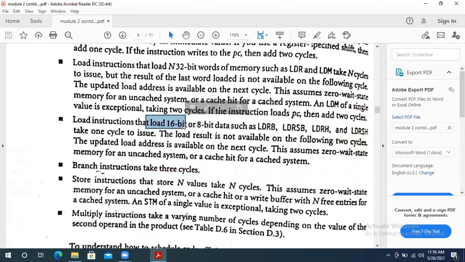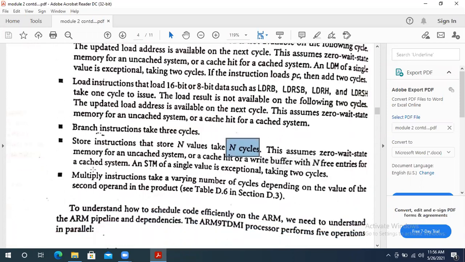Now what about store? Because load is nothing but an input value, and store is nothing but an output value. So for the output value also, first we'll see the 32-bit, then we'll go for the 16-bit and the 8-bit. So in store also it is the same thing. If you are storing 32-bit of n values, it takes n cycles here. And the same for half word and 1 byte also, it takes one cycle here.